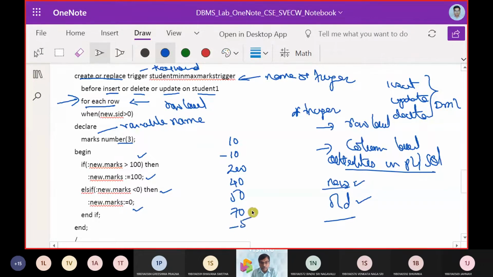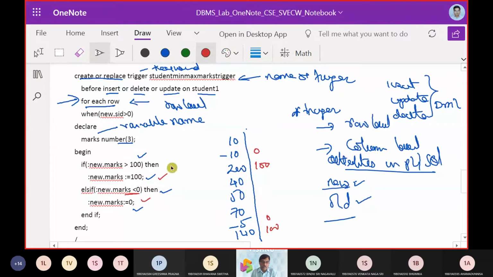And again I am going to have minus 5. Here I am going to have some 140. So this is assumed here. Okay. Now if the marks is greater than 100, the maximum marks should be 100. That means this is 100, 100. If the marks is less than 0, then it should be 0. So obviously minus 5 is less than 0, minus 10 is less than 0, then the answer should be 0.